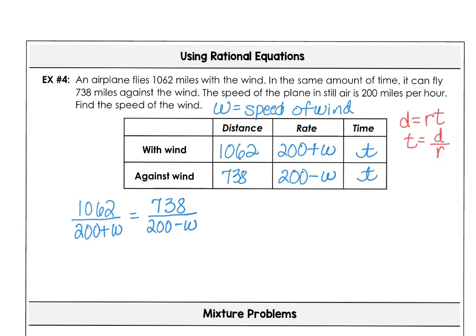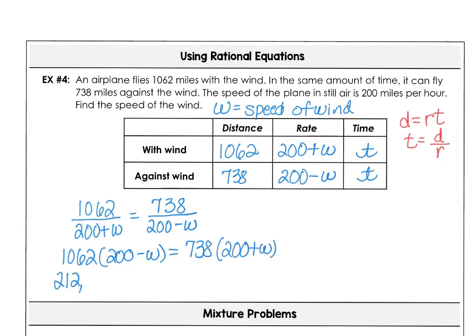Solving for W, 1062 times 200 minus W is equal to 738 times 200 plus W. This is 212,400 minus 1062W is equal to 730, oh, I'm sorry, I got to multiply, 738 times 200, which is 147,600 plus